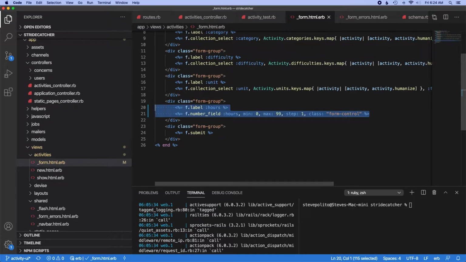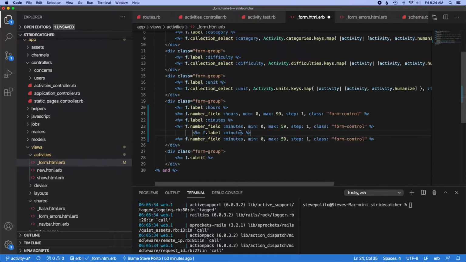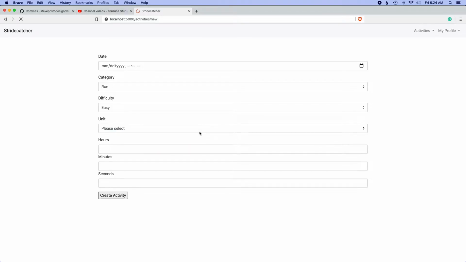So let's just do this real quick. So hours, minutes, but now we want to do 60, or actually I guess 59, because at that point you would just increase the hour, you wouldn't go to 60 minutes. And we'll do this for seconds. Now if I go to our form, we don't have the duration, but if I do